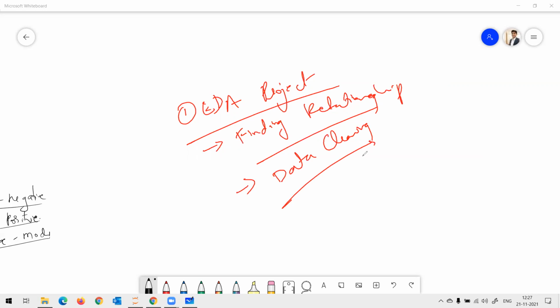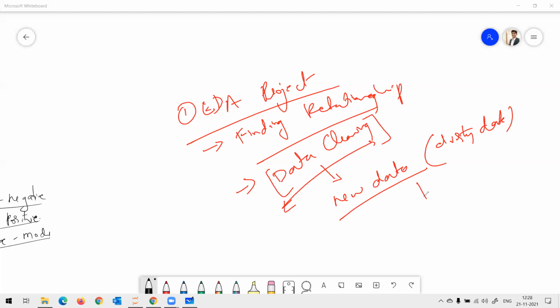Data cleaning also holds a major part when it comes to data analysis, which I will focus on doing in the next class. Basically, we start with new data. I'll try to find a very dirty dataset, and we jointly clean it in our live class. That's something we can do in the next class.